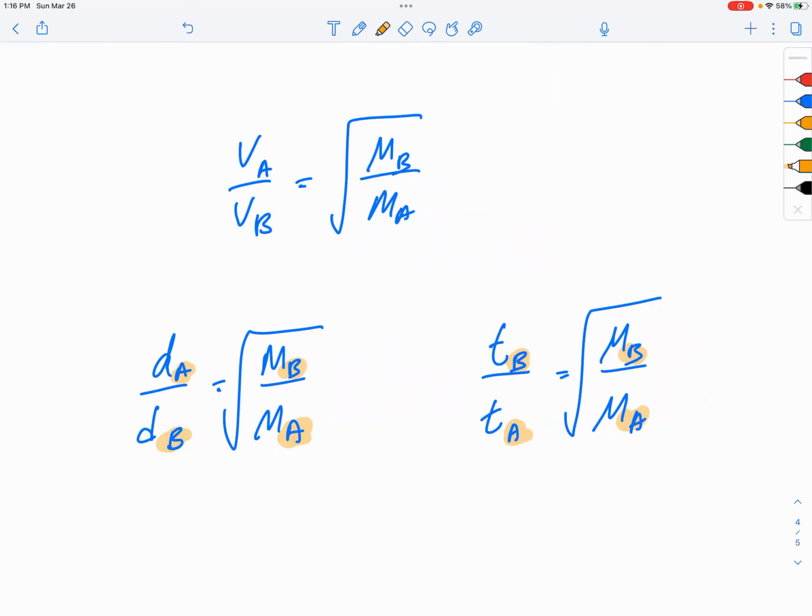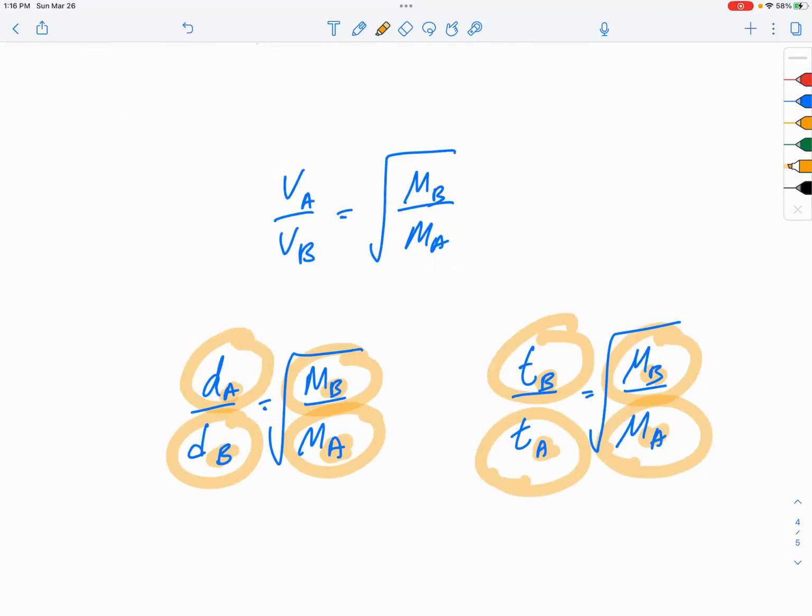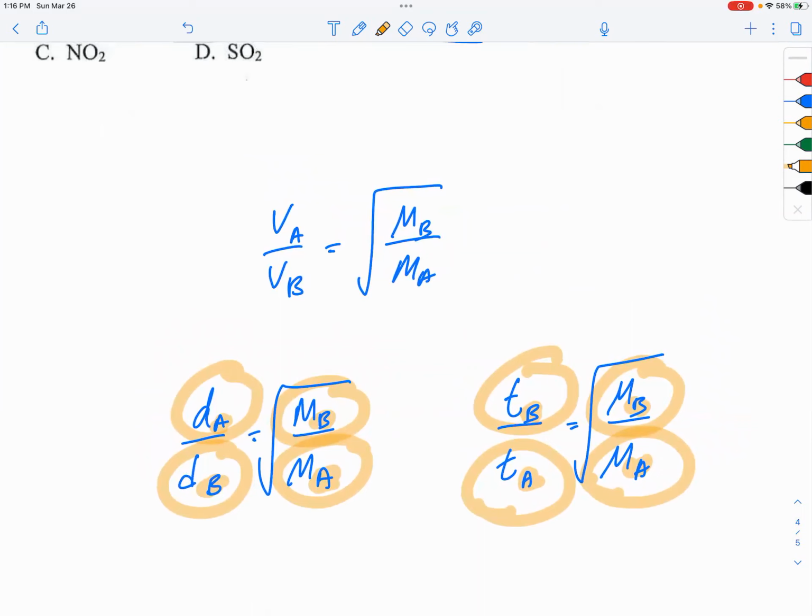So the more massive, think about B as a more massive gas, they're going to take more time to travel, okay? And the lighter mass would have less amount of time, okay? Whereas the lighter gas would travel a longer distance, and a heavier gas would travel a small distance. So that's how you make sense of all these arrangements. Okay. So make sure that you have all these arrangements done well for this